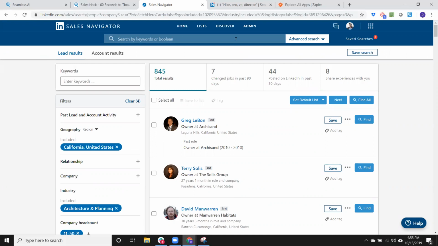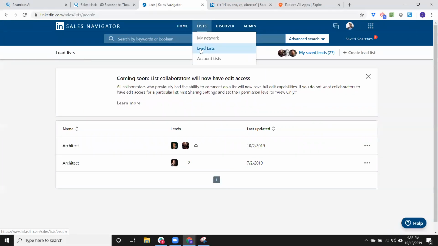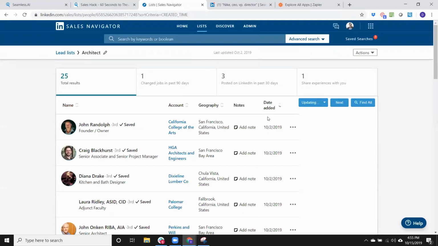Some other features in Sales Navigator: if you use lead lists, the Chrome extension layers over that experience as well. We also can get you access to the Chrome extension if you're a LinkedIn Recruiter customer. That's available there too. One of the reasons some of our customers use lead lists outside of just using search is that if you save these contacts to a lead list and then find them using Seamless.AI, you'll get notifications about all of these potential leads through Sales Navigator. So you get the best of both worlds. You get all the benefits of Sales Navigator and its product, plus the ability to find all of these contacts using